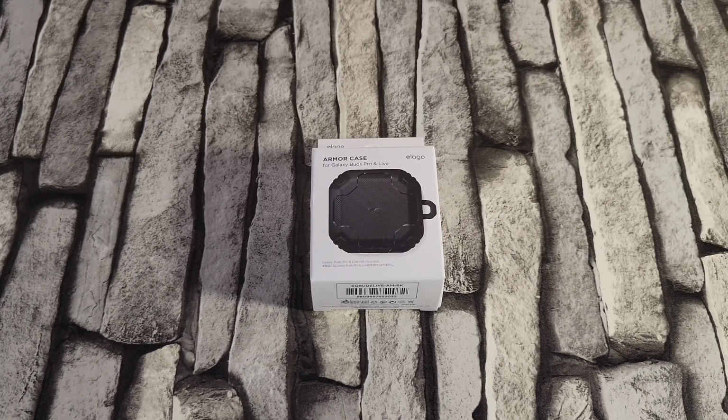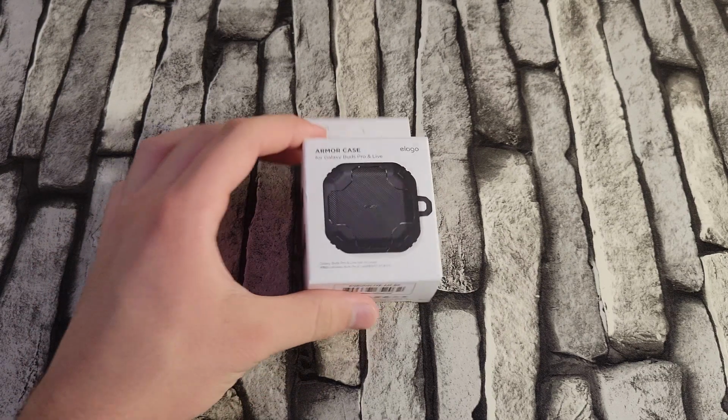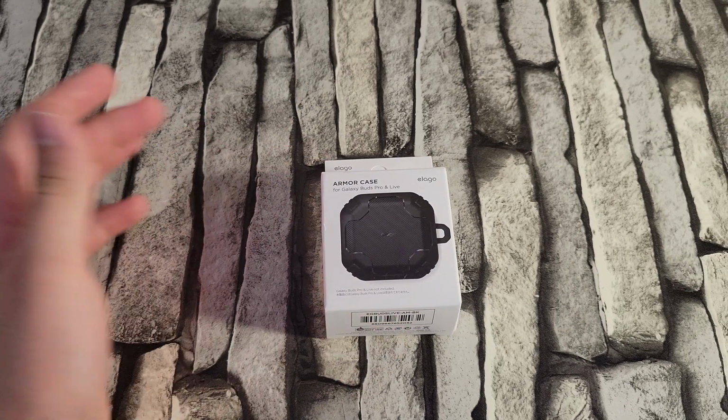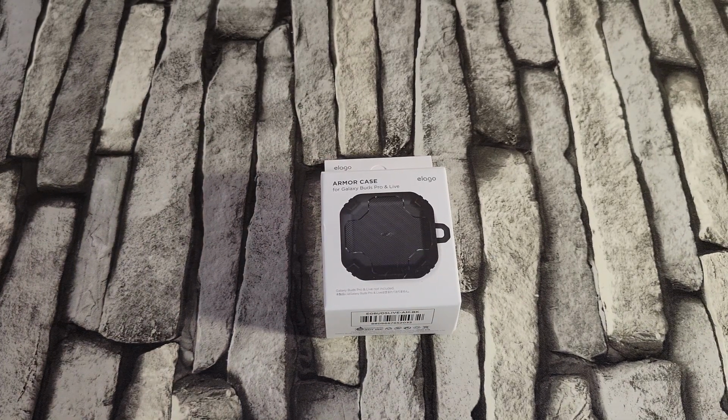Techno Talks here. So in today's video, we're going to be checking out the Elago Armor Case for your Galaxy Buds Live and Galaxy Buds Pro. So this case right here, I recently went ahead and decided to buy a case for my Galaxy Buds Live,